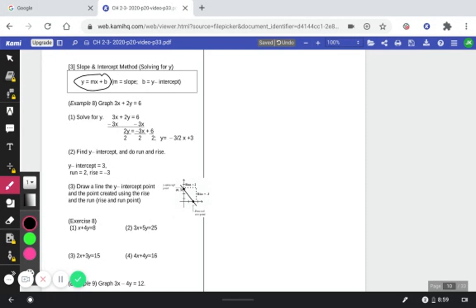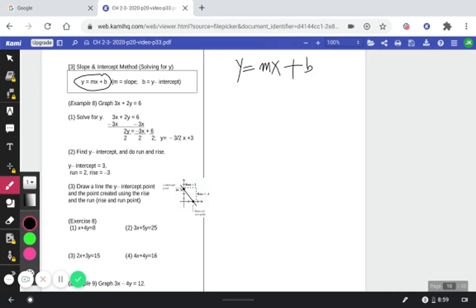Okay, so if it's not in y equal mx plus b format, you have to solve for y to make them. Once you have y equals mx plus b, the good part is that always the number in front